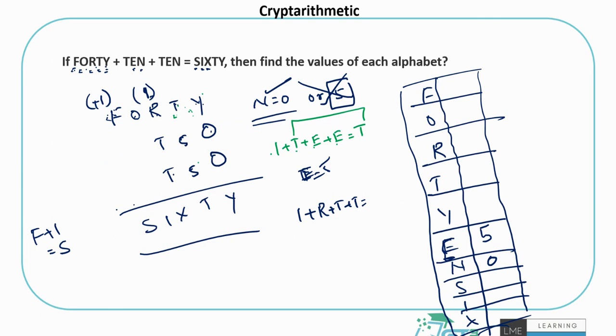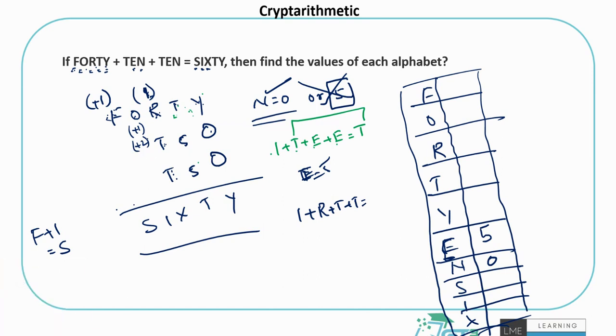So how would I get plus 1 carried forward when o is added? It can be that o got plus 1 added to it, right? It could be plus 2. There is no way I will get plus 3. Imagine these 3 digits adding up. Can I get 30? No, right? Even if it's 9, 9 and 9, it can't happen. I'm just saying it: 9 plus 9 plus 9 plus 1 is 28. So that means it should be either 1 or 2 carried forward. 1 plus r plus t should be either 10 plus or 20 plus. It can never be 30 plus.